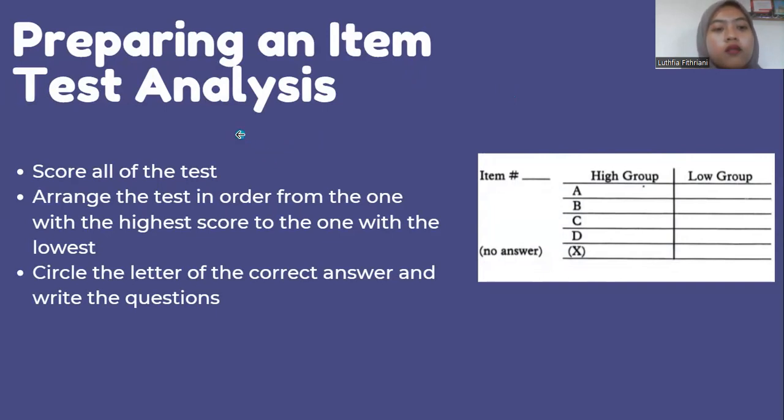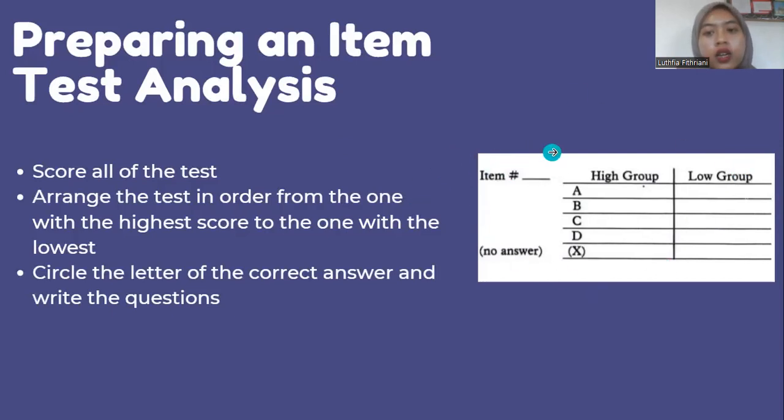And after that, after scoring the student task, the teacher should arrange the test in order to form the one with higher score to the one with the lowest. So the first thing that the teacher should do after conducting a test is scoring tests. After scoring the test, the teacher should divide the students who get the highest score and the students who get the lowest score. After that, the teacher must fill this